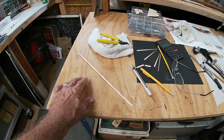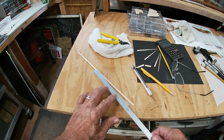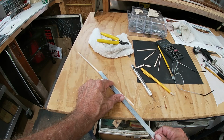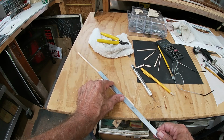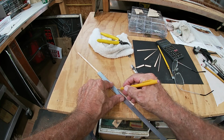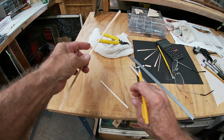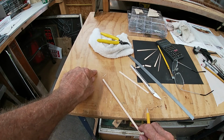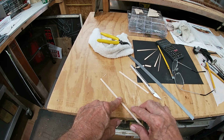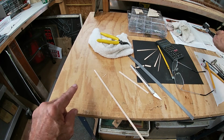And using another board beside it, I could lay, based on where that mark is, a ruler on here and scribe that board with a pencil mark. So it gives me a nice long taper point there that I'm going to heat up and bend into that spot that I need. So then I was taking the clamp,